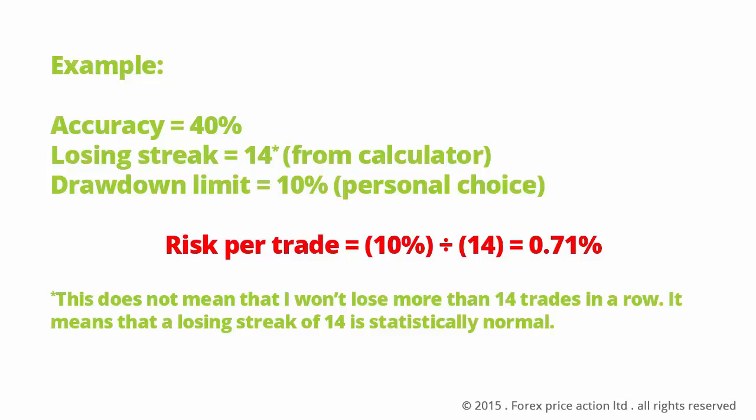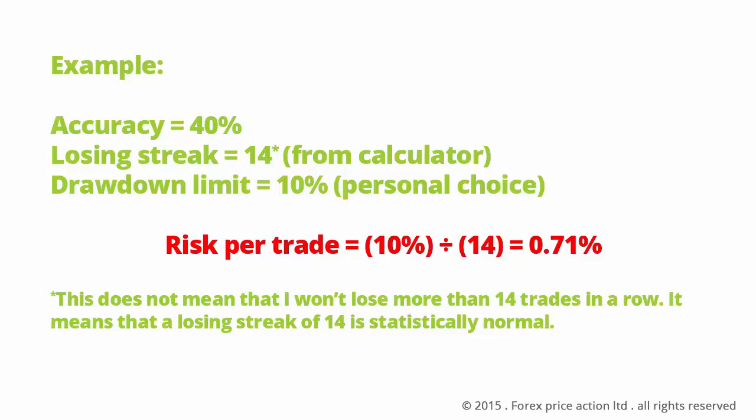For example, if your strategy has a 40% win rate, then the calculator will show that a losing streak of 13.52, let's round it up to 14, is likely to occur in 1000 trades. Now, you don't know when these 14 losses will occur, and suppose you want to keep the damage to only 10% of your account balance when it happens. This is what you can do. Your percentage risk per trade will be equal to your drawdown limit divided by the expected losing streak. That is 10% divided by 14, which gives you